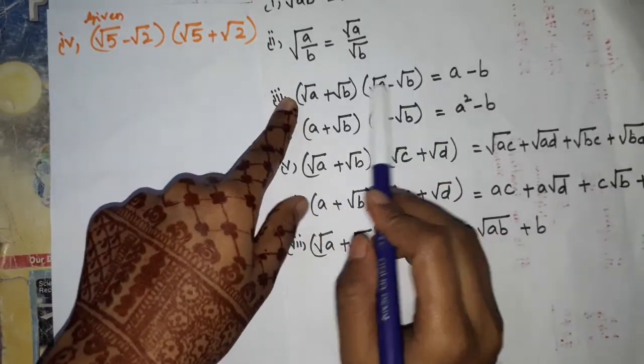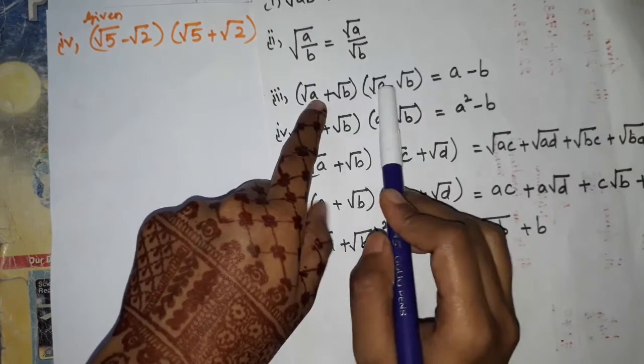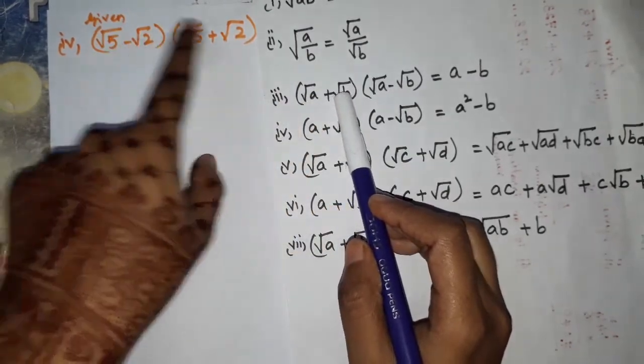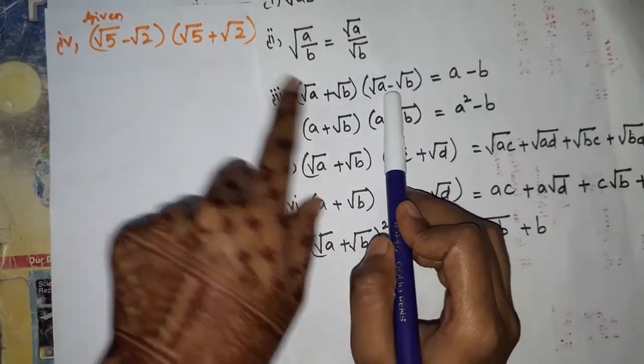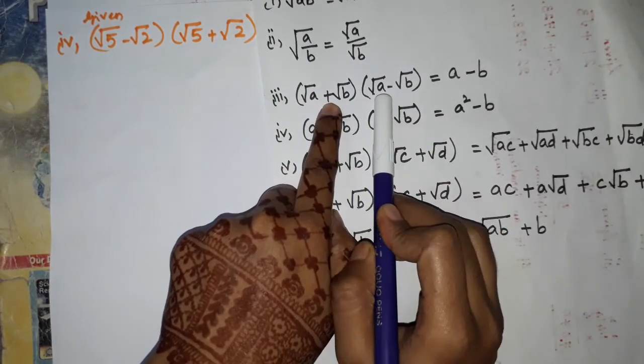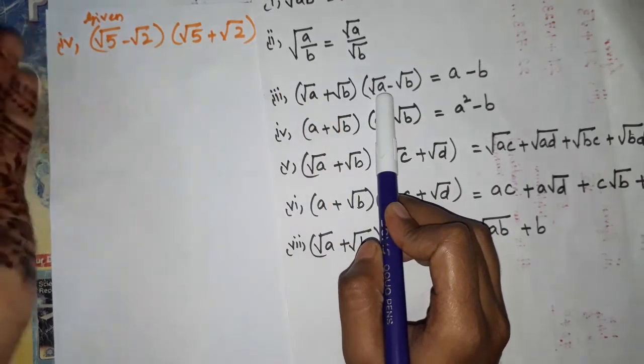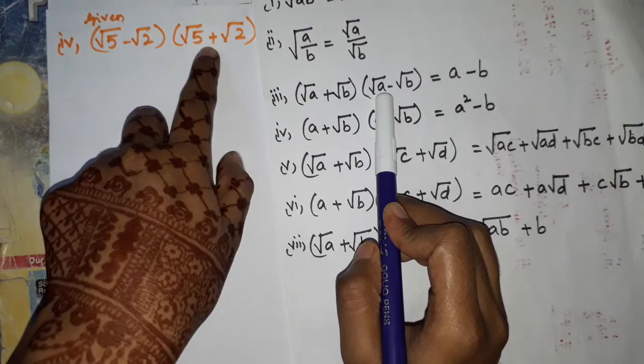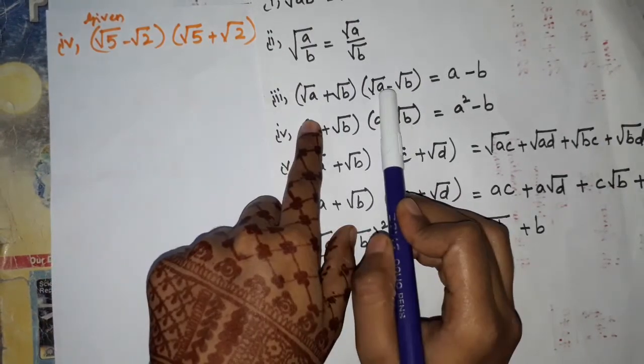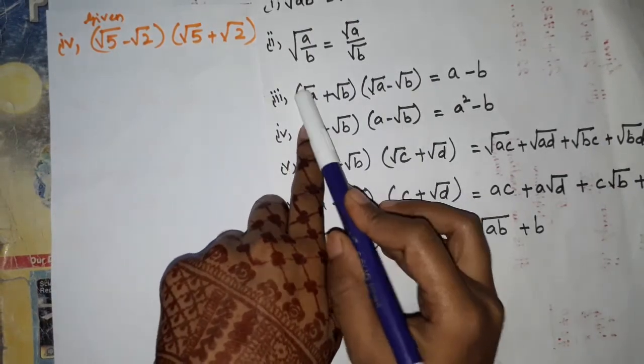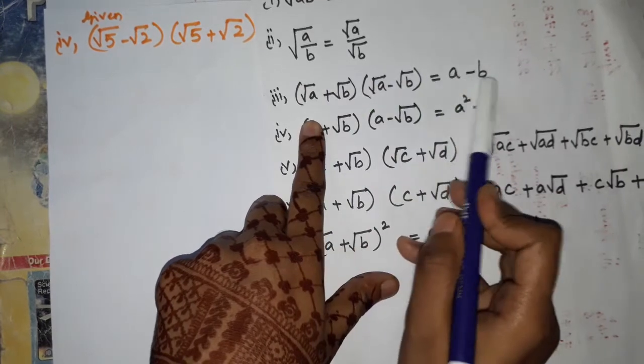All roots are there and the same numbers are there. One is minus and one is plus. So this formula we have to take. You might be wondering that here minus is there and next plus is there. No problem, they are in multiplication. We can take this one first and this one next, but the answer will be the same.